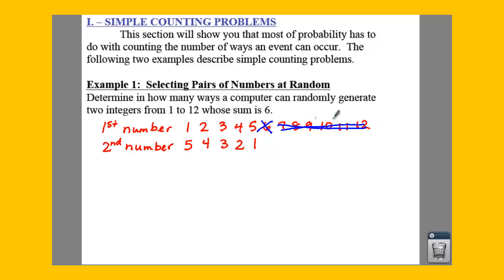So what that does is you can't use any of your numbers bigger than 6. You can only use 1 through 5 of both cards. If we add these up, you have 1, 2, 3, 4, 5 different ways to find a total of 6. That is a simple counting problem where you just list out your possible ways and then try to figure out how you can actually find a specific